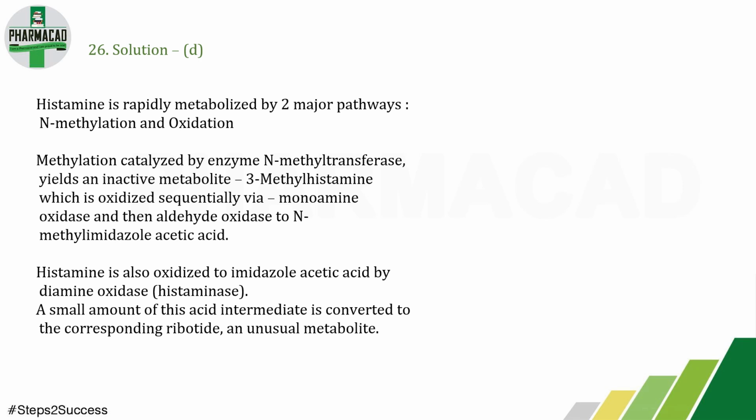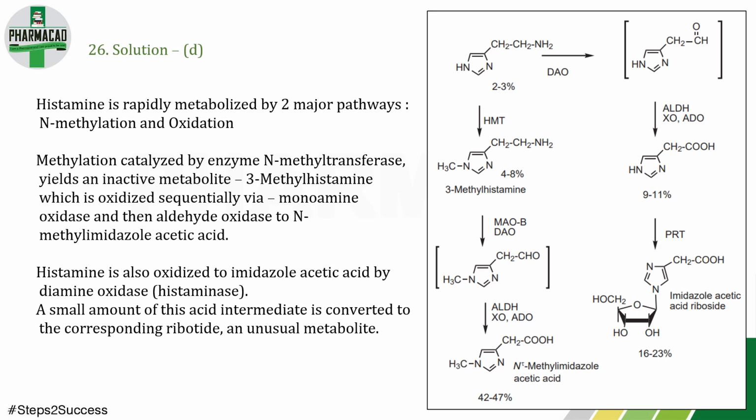They say that histamine is rapidly metabolized by two major pathways. Those are N-methylation and oxidation. Methylation is catalyzed by the enzyme N-methyltransferase. You can see here, this is the structure of histamine. Here we have ethylamine that is attached to this ring, that is imidazole. So methylation catalyzed by the enzyme N-methyltransferase yields an inactive metabolite that is called